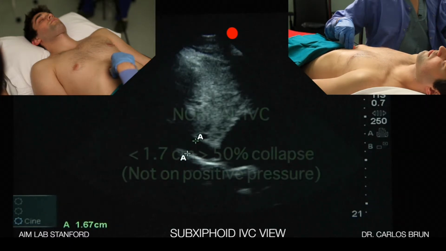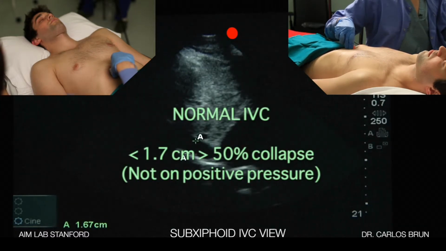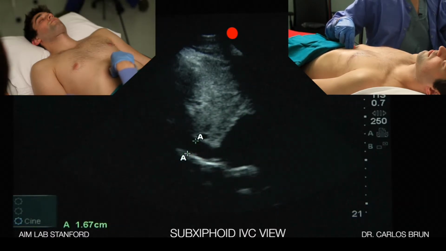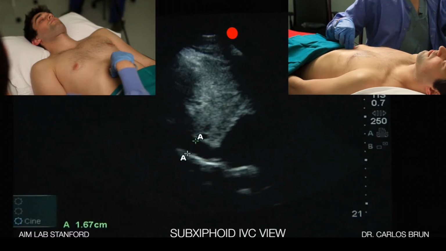A normal IVC will have approximately below 1.7 centimeters, and it will have collapsibility of greater than 50%. If you have that, your CVP estimate would be between 0 and 5 millimeters of mercury. Now, if it's 1.7 centimeters and does not have collapsibility, that could be a CVP of approximately 5 to 10 millimeters of mercury. If it's greater than 1.7 and has minimal collapsibility, you can obviously see that the pressures would